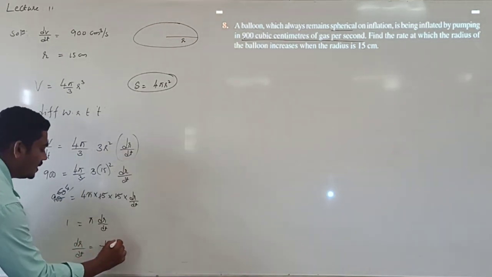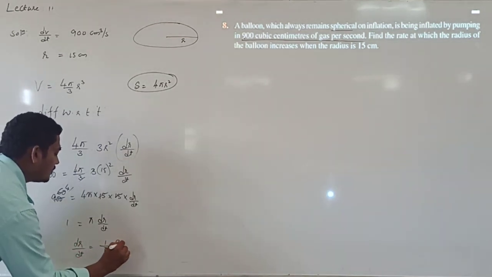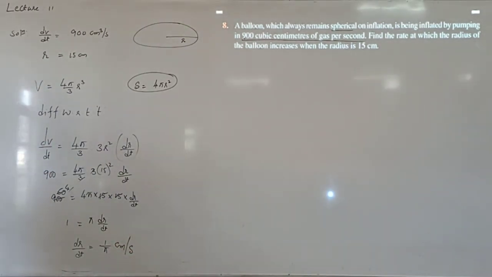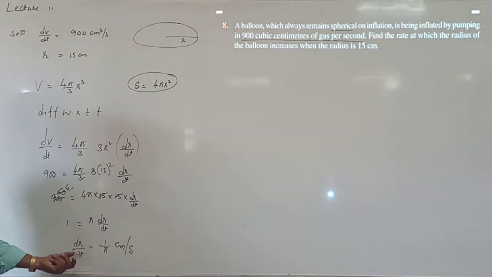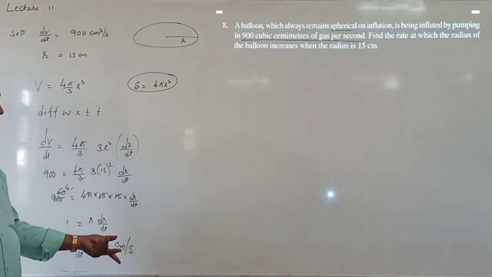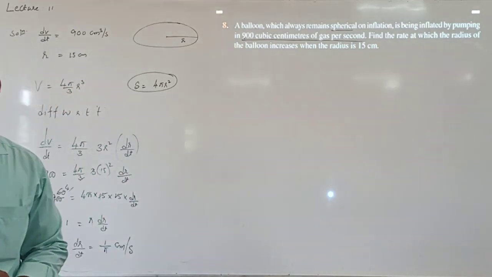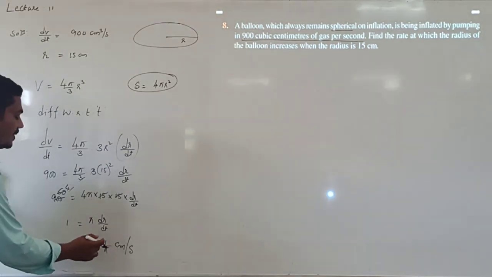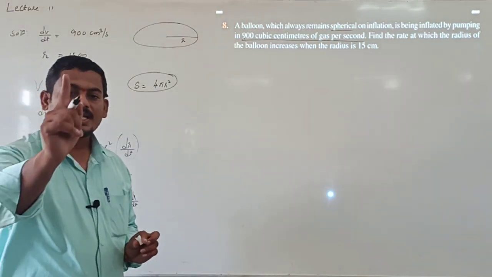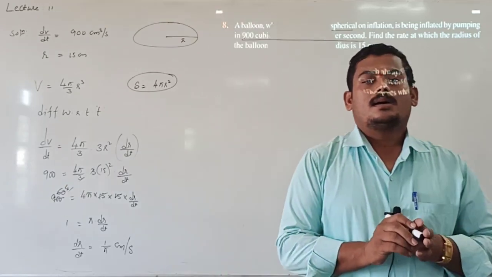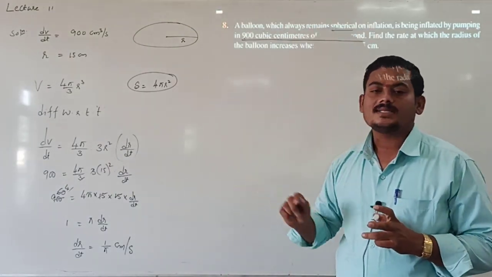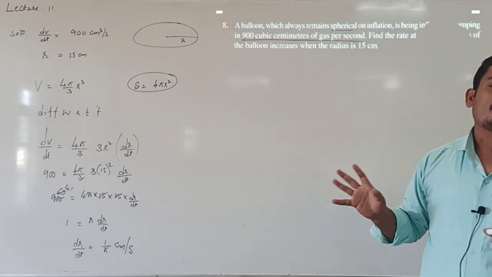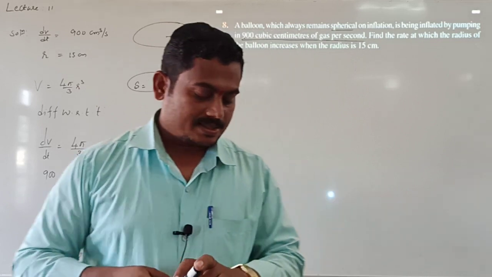What is the unit? Centimeter per second. Rate of change of radius of the sphere is equal to 1 divided by pi centimeter per second. Whether radius is increasing or decreasing? Clearly increasing, because we get a positive value. Lastly, write the conclusion: radius of the sphere is increasing at the rate of 1 divided by pi centimeter per second, which is our required answer.